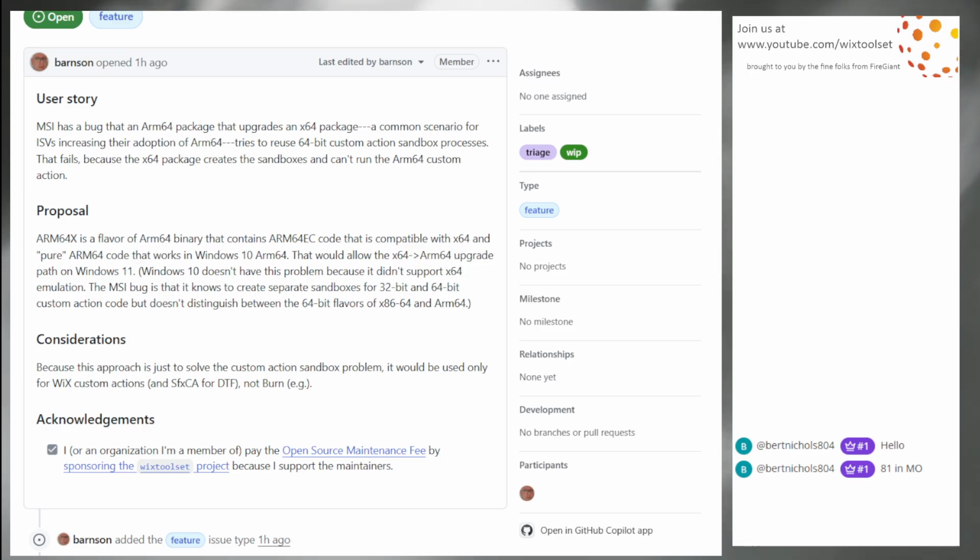So MSI tries to reuse the 64-bit custom action sandbox that it created for the x64 package. Sorry, this is all happening during an upgrade, a major upgrade. So the x64 package runs an early uninstall. MSI creates the sandbox during the uninstall of the x64 package, and then says, oh look, it's still around, I will use that for this new package that happens to be a different architecture. And Windows emulates very well, but not to the extent that you can load actual ARM64 code into an x64 process,